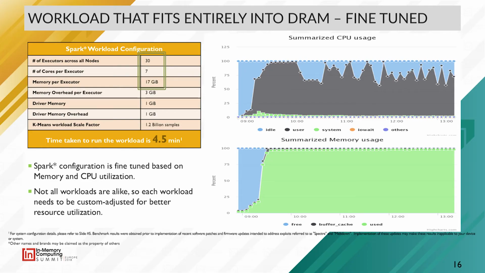So one of the key things of Apache Spark is that you can configure a lot in Apache Spark. You can configure your number of executors, the amount of memory that you have assigned to each executor, the amount of CPU cores you have assigned to each executor. Lot of configuration changes, but all those configuration changes are per workload. If you want to get better out of your Spark performance, you have to tune your Spark configuration a lot